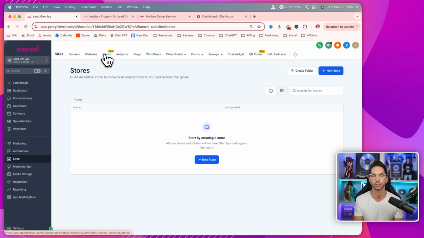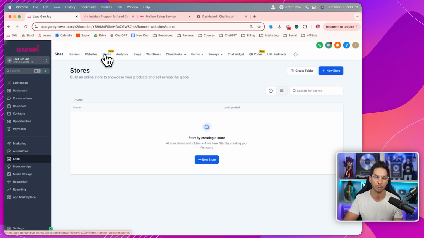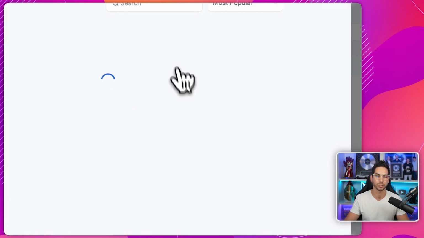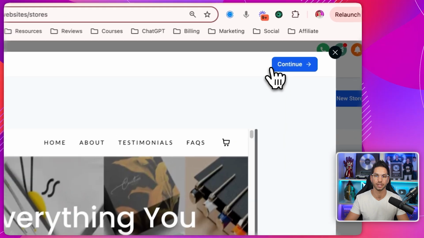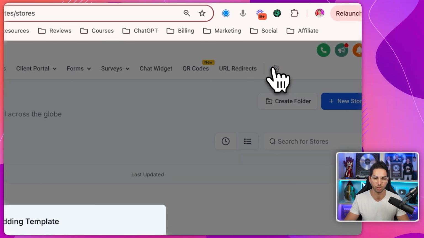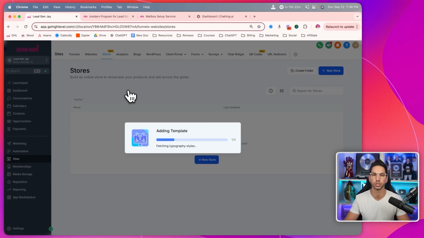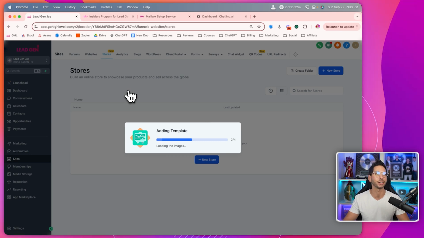And they framed it after Shopify. So it looks just like Shopify. Let's go ahead and build a store from templates. You can launch this store here. It's going to have template products, and it's going to be essentially just like a Shopify store. It is a really cool feature that they just added, and it makes GHL a lot more usable for a